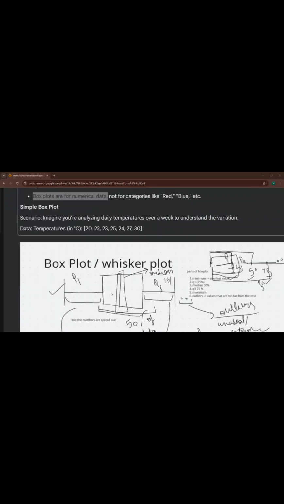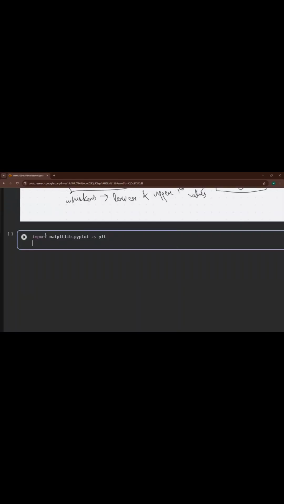Now, guys, let's create a simple box plot. We have the data in temperatures. Let's just create it. Now what you have to do, you just have to put plt.boxplot.